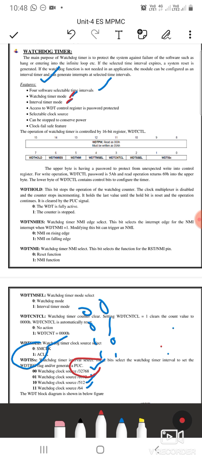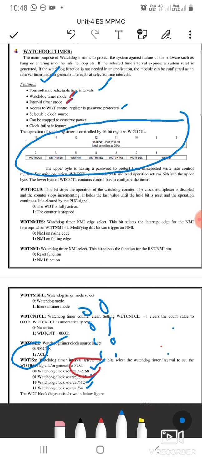Okay, and another important feature of the watchdog timer is that access to the control register is password protected. So this is the control register of the watchdog timer. What is the use of this control register?